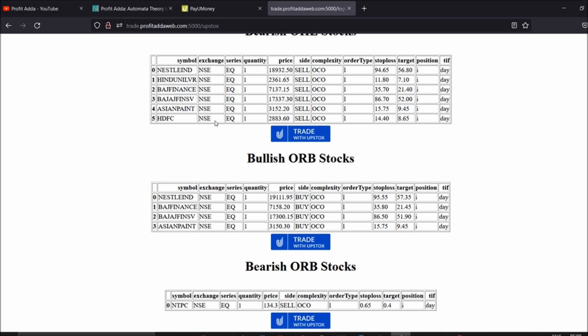I've done some percentage-wise calculations, where I've placed the OC orders, and whatever trade you choose, it will definitely stay. You can choose top gainers and losers, allot some time for your trading, and if you stick to that part, you will definitely be in profit.